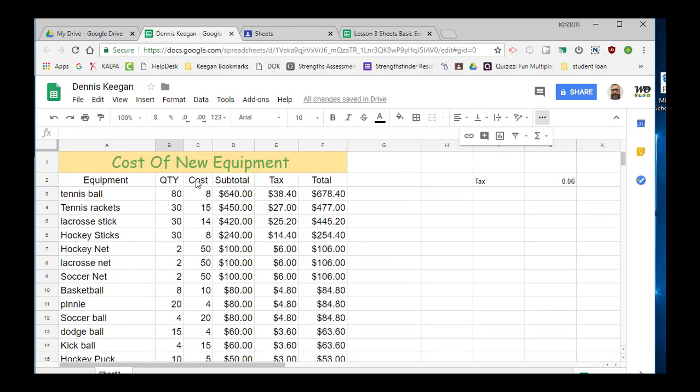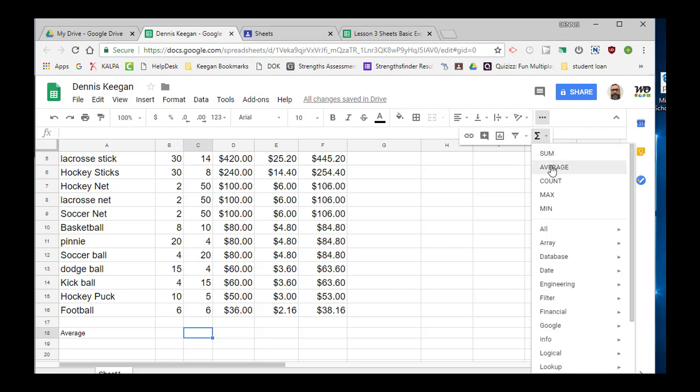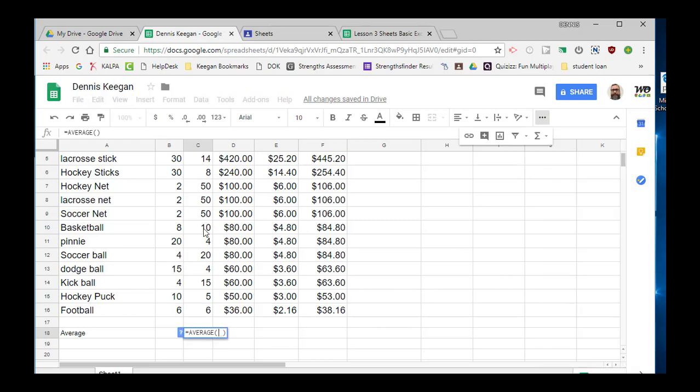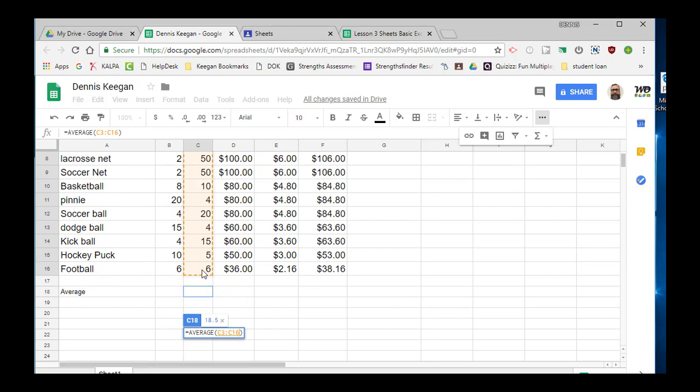So my average you would look at is cost. So I'm going to go into this section here, click down here and look for average. Then I'm going to go up to the top and drag down until I get to the bottom of the last one I did, which is a football one, and hit enter. So my average cost was $18.50 for